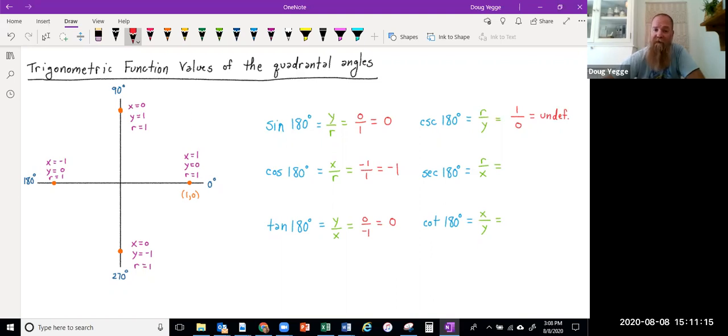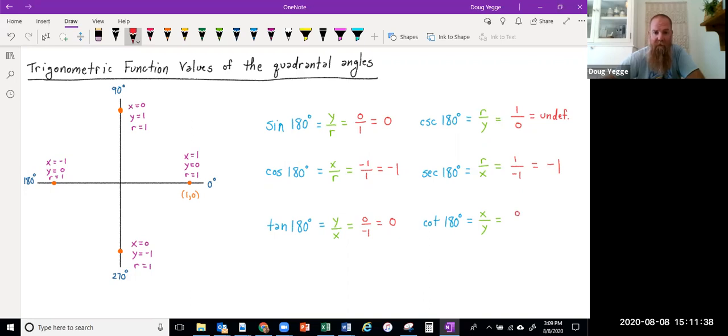But r can never be 0 since it's a distance away from the origin. And so notice that the only values that are possibly 0 are y or x. Now again, we have 1 over x, which is negative 1, which means that secant of 180 degrees is negative 1. And finally, cotangent of 180